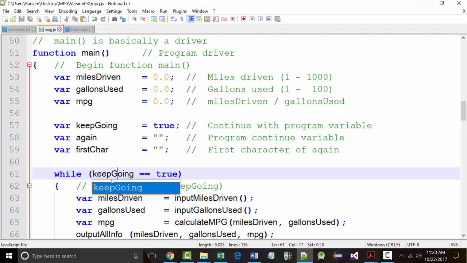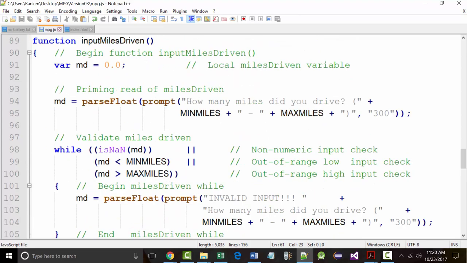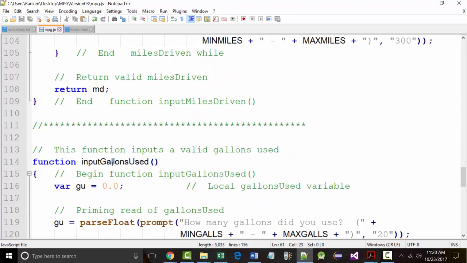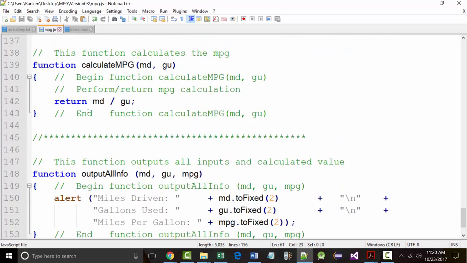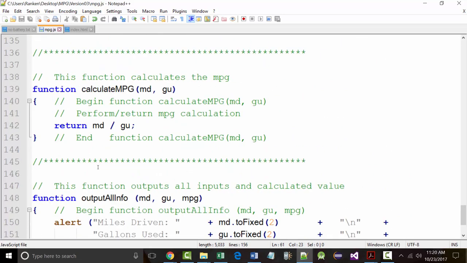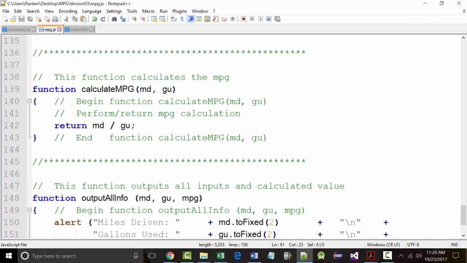All right. So again, other than that, there was nothing that was different in here. This is exactly the same. This is exactly the same. This is exactly the same. And this is exactly the same. And I want to just mention one more thing. If you look at this,